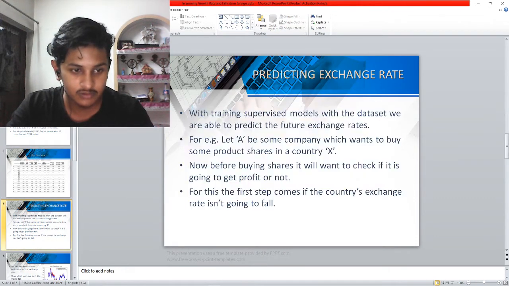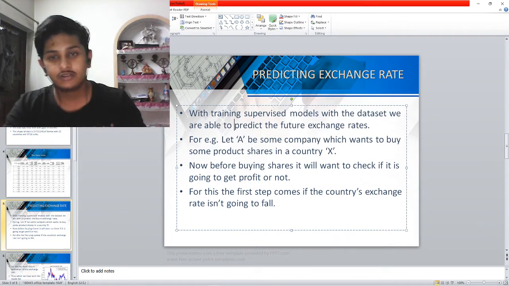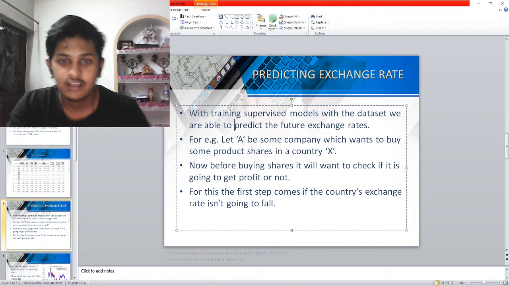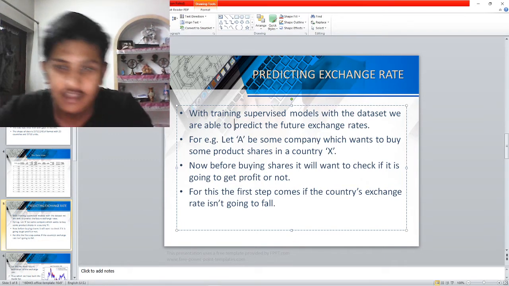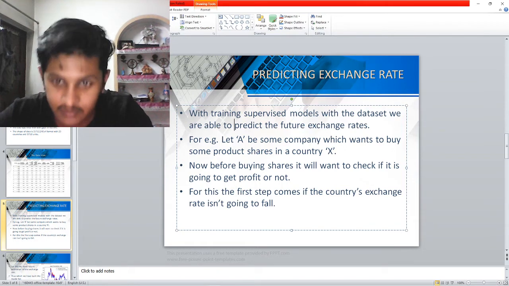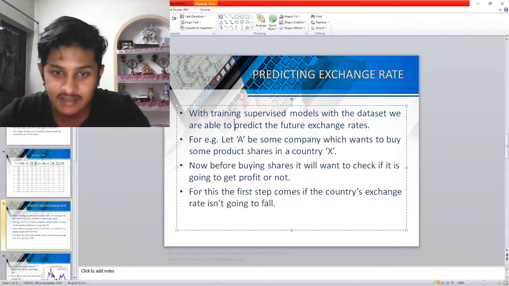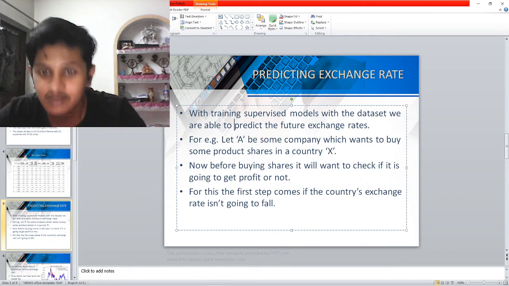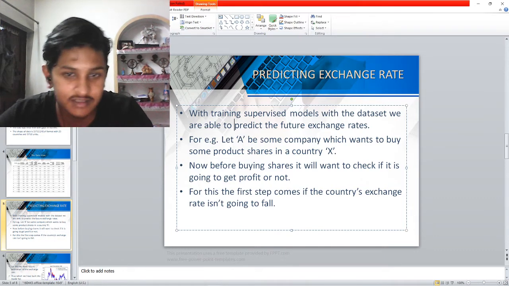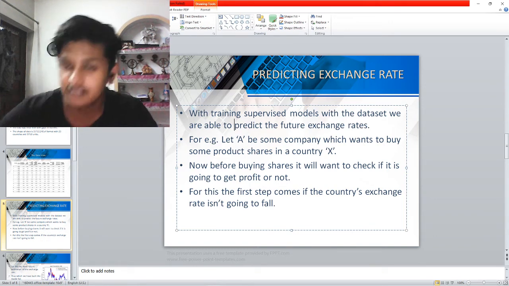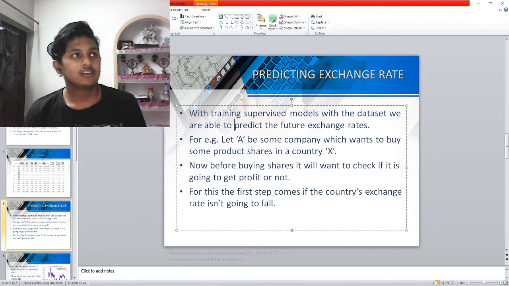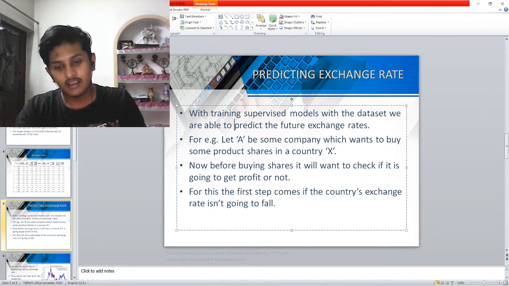So when we go on to the next, let's talk about the use case. So my use case is predicting the exchange rate. Now, with supervised training models, I have trained my data set and I will be able to predict the future exchange rates. For example, let's say A is some company which wants to buy some product shares in a country X. Now, before buying shares, it will want to check that the country X is going to increase in